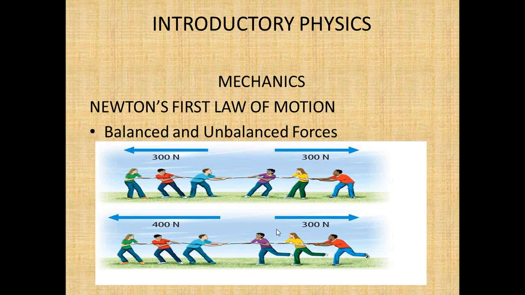So the motion is going to be to the left. Okay, this is an unbalanced force. Because you have an unbalanced force, you're going to get motion and you're going to have acceleration because force is equal to mass times acceleration. Net force is equal to mass